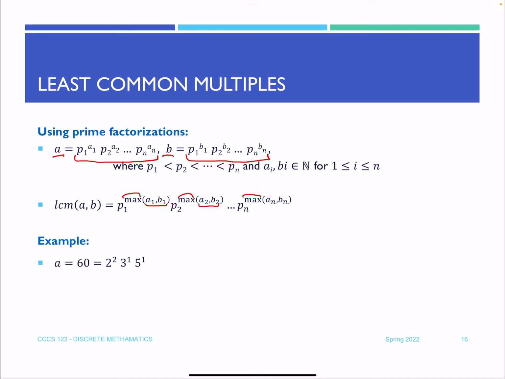So we have a equal to 60, which can be factorized into these prime factors: 2 to the power 2 times 3 to the power 1 times 5 to the power 1. And the other number b is 54, which can be factorized into 2 to the power 1, 3 to the power 3, and 5 to the power 0. Now, if you want to find the LCM of these 2 numbers,